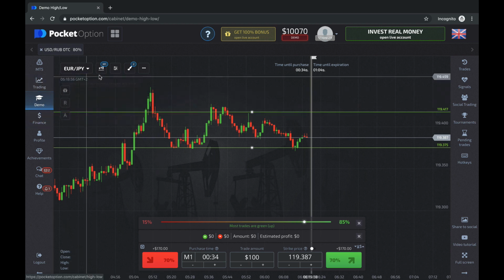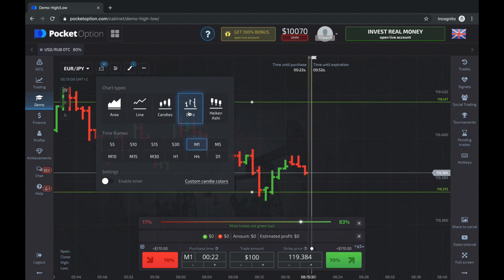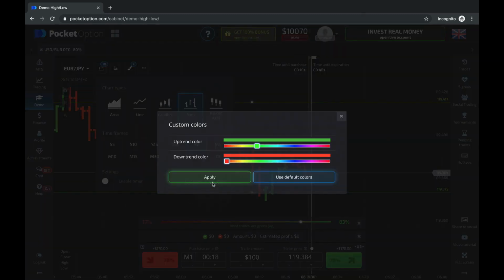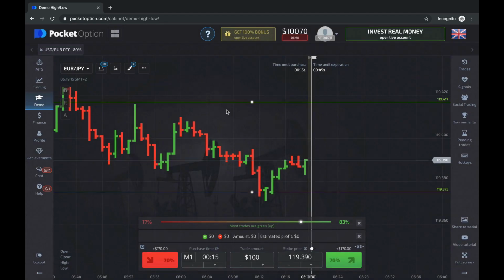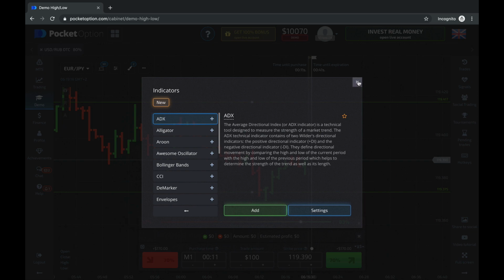Now let's go over to the chart. We should have looked at this in the very beginning, and now I want to show you the technical stuff. Hey, they got area, they got line, they got bars. Let's see how bars looks like. Okay, colors. Oh, you can customize the candle colors as well. So that's interesting. And then for indicators,